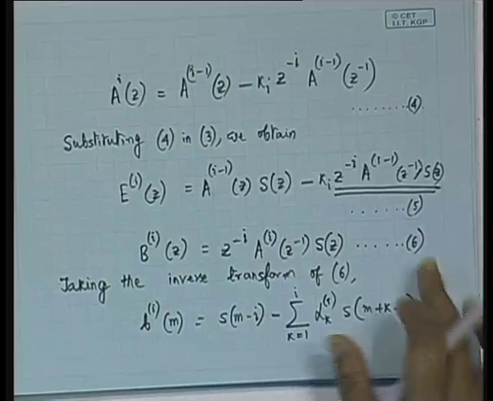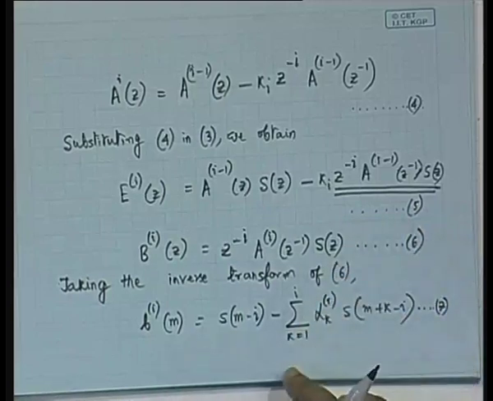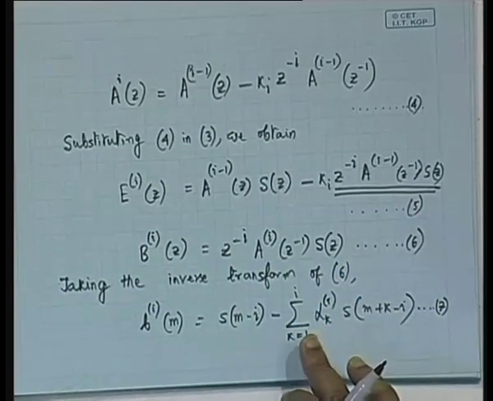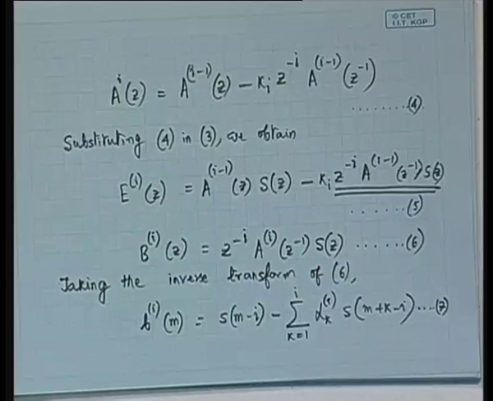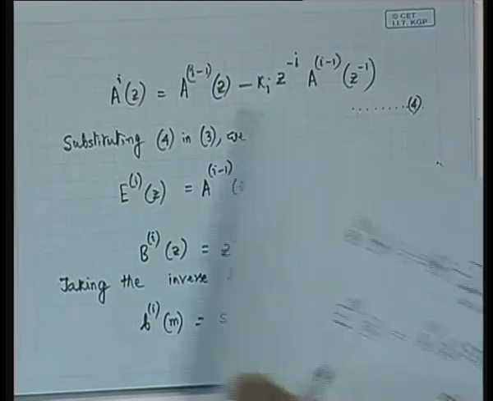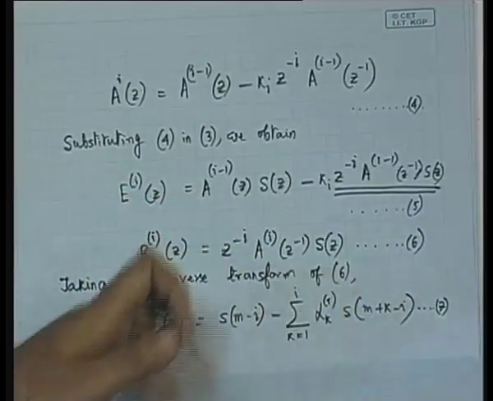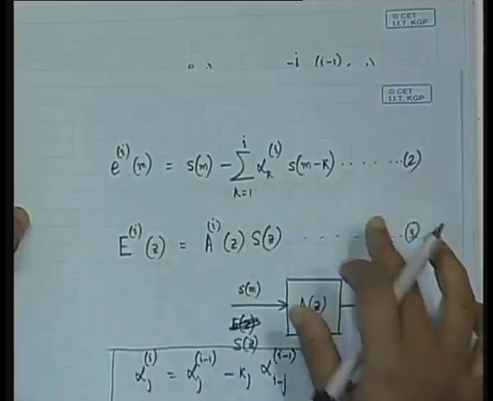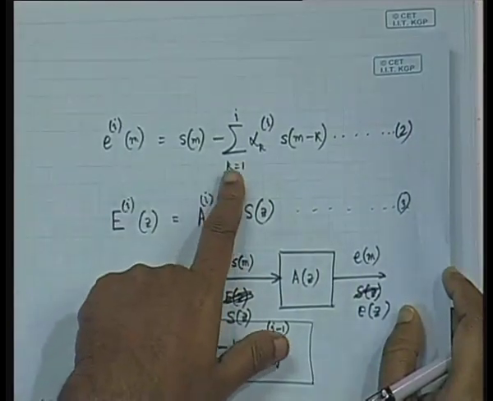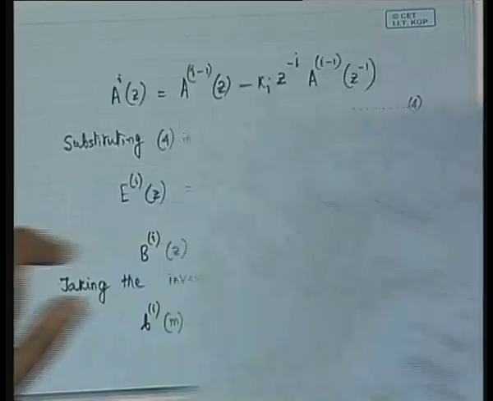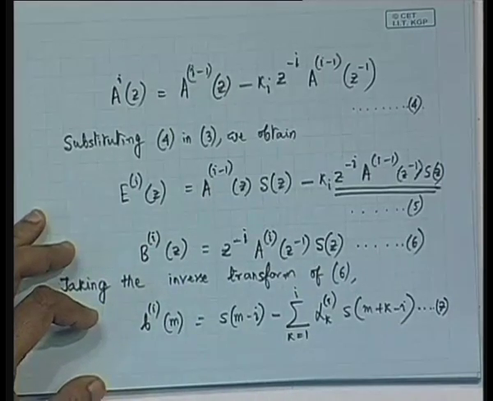Now, we return to this equation, which is our equation number 5. Or rather, if we go over to equation number 2, because equation number 5 is in the Z transform domain, it is better to look at equation number 2, which is already in the time domain. There, we have a summation term k equal to 1 to I. Instead, if you take I minus 1, you will observe that essentially we will be able to identify